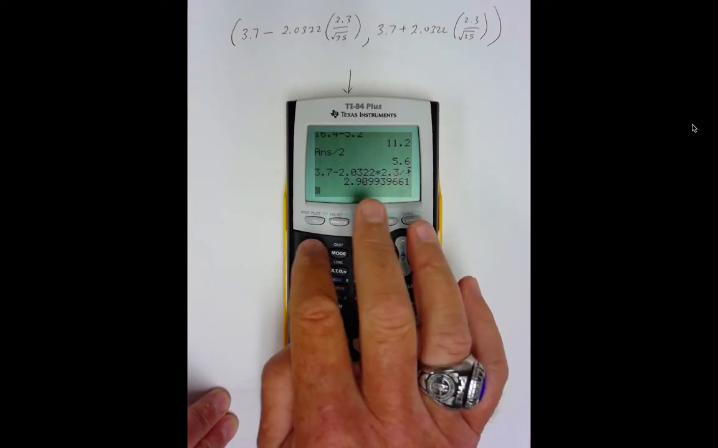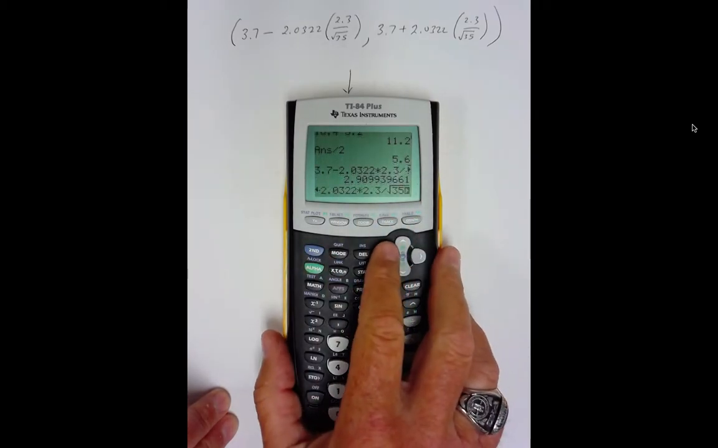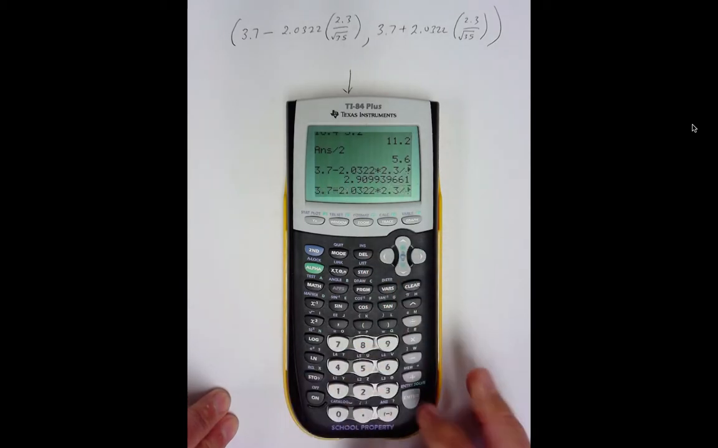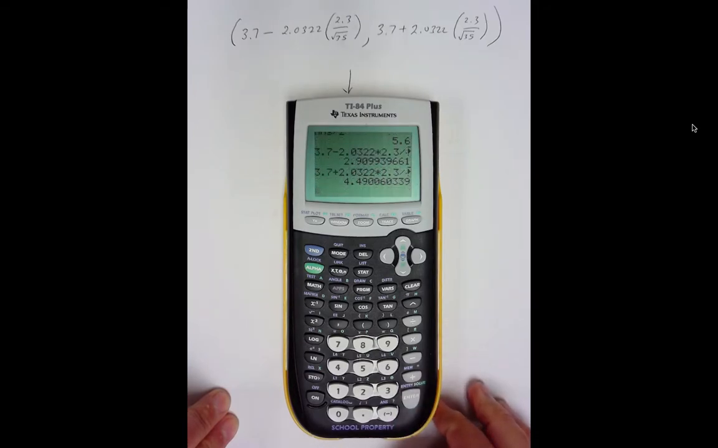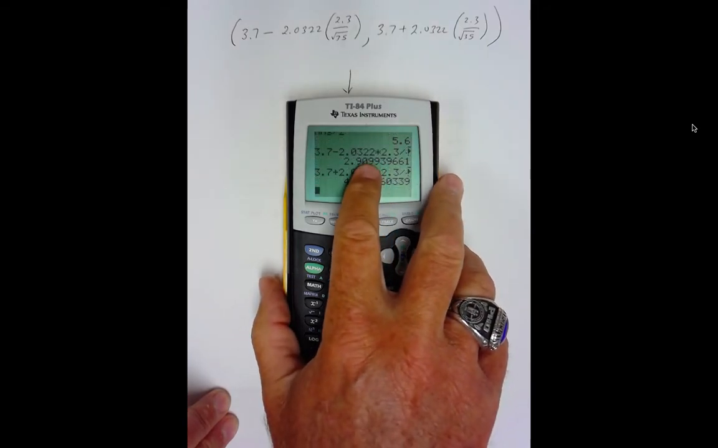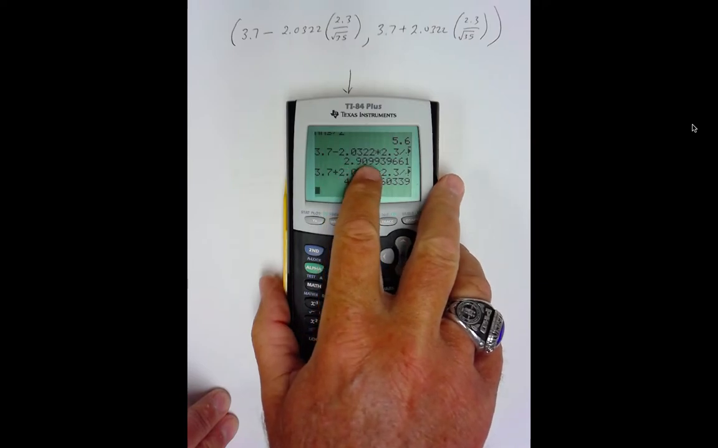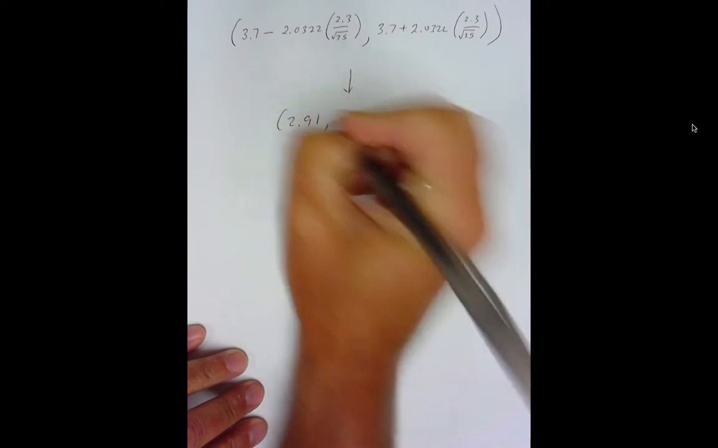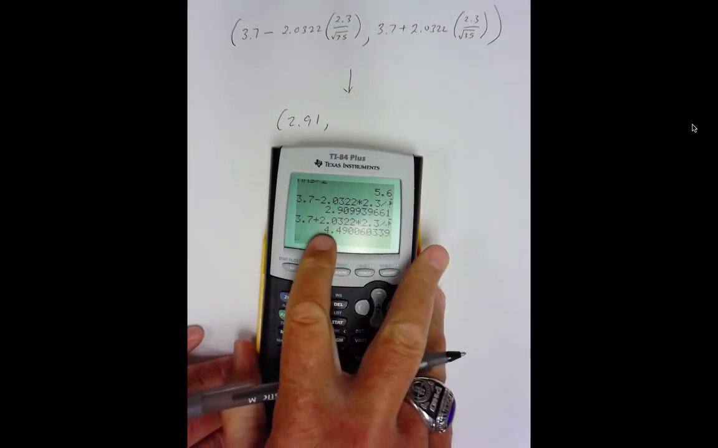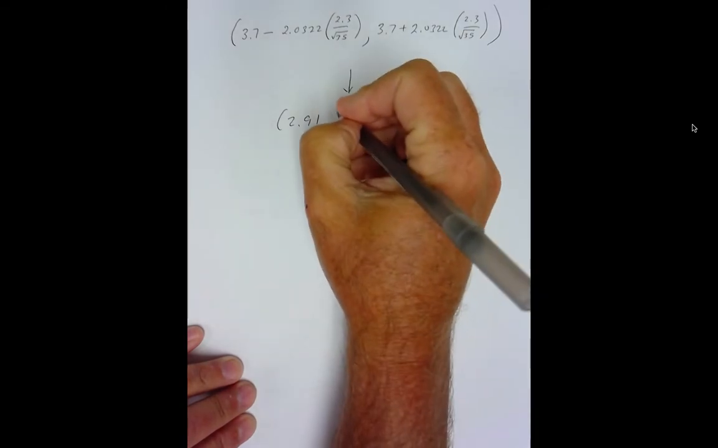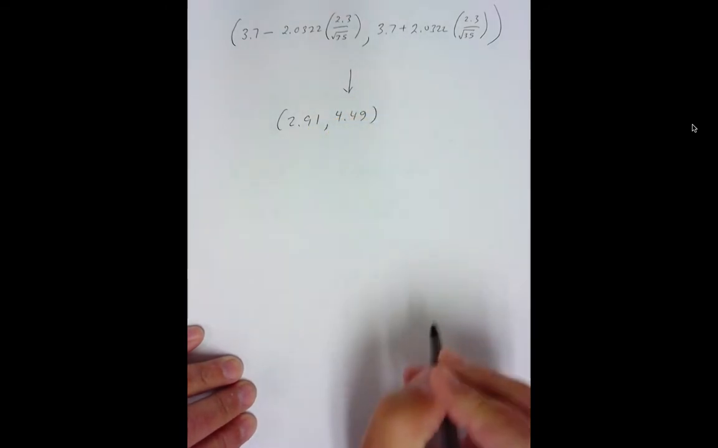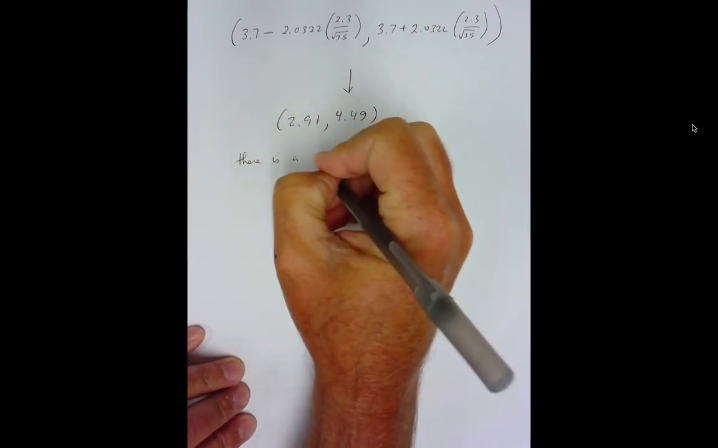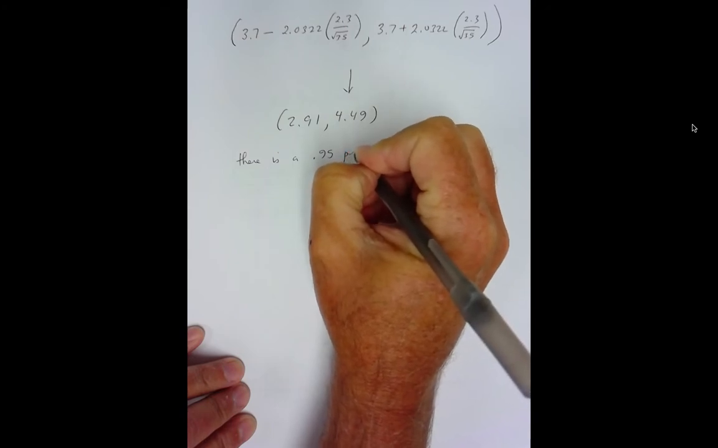And then I'm going to do second function entry, and I'm going to just scroll over here and change it to a plus. So guys, I always put my smaller number first. So 2.91 up to 4.49. So interpretation, there is a 0.95 probability